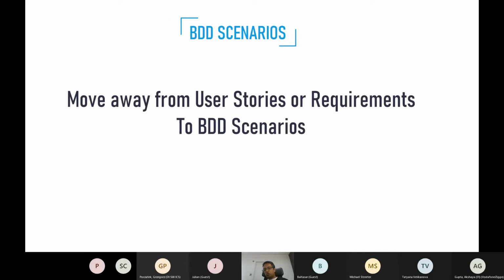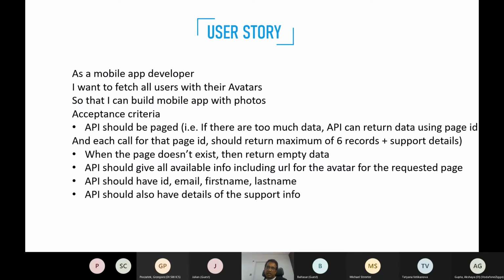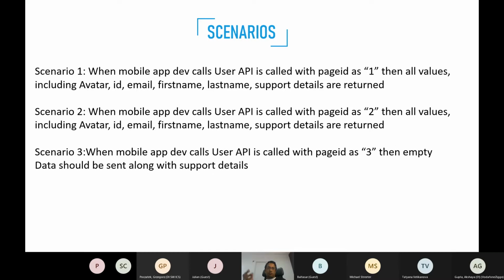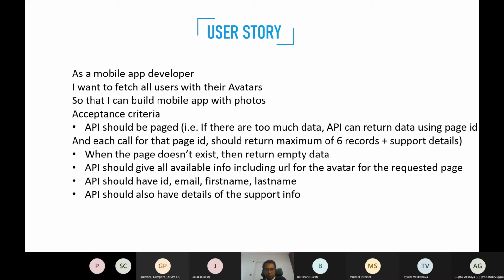As I mentioned, you need to move away from user stories. Let's look at how you can do that. Let's say this is a typical user story: as a mobile developer, blah, blah, blah. These are my acceptance criteria, right? So what you do is you take the user story or the requirement and formulate the scenarios. You don't write it like how it's written here. It's just a bunch of text, which may be clear to the person who has written this, but not necessarily